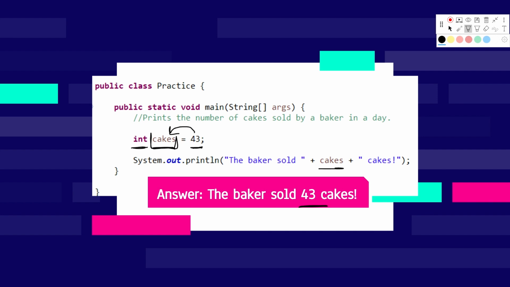So when we call cakes, we actually call the value stored inside the variable, inside the container that is called cakes. So the value that will be outputted is actually 43. That's why we have the answer: the baker sold